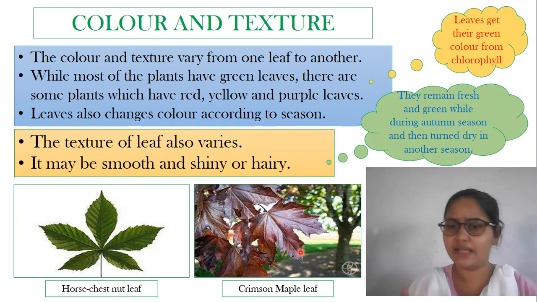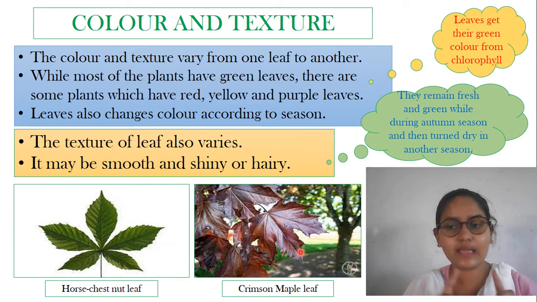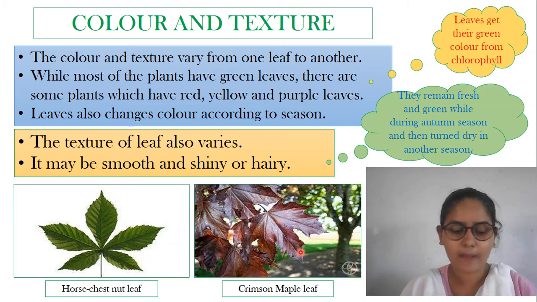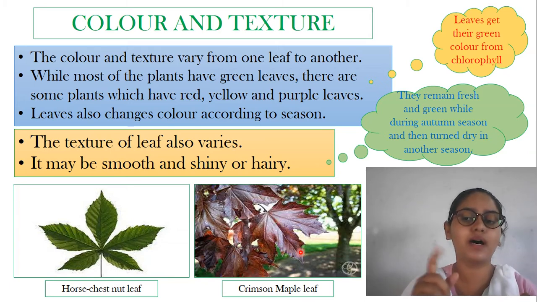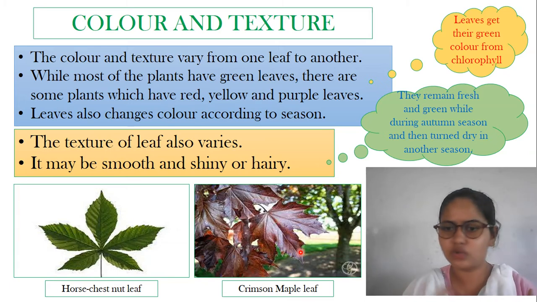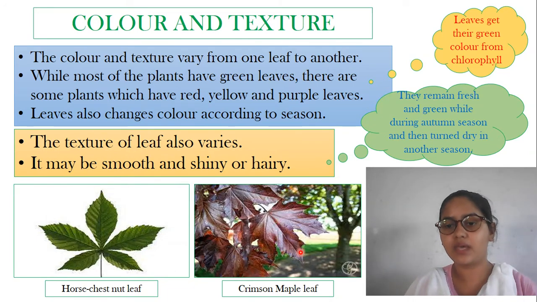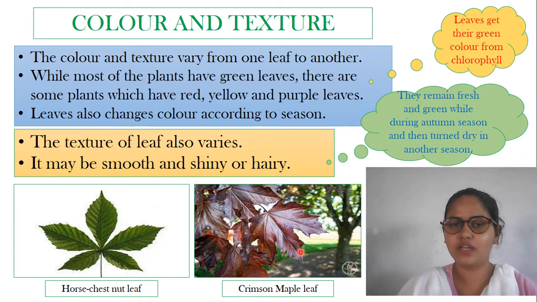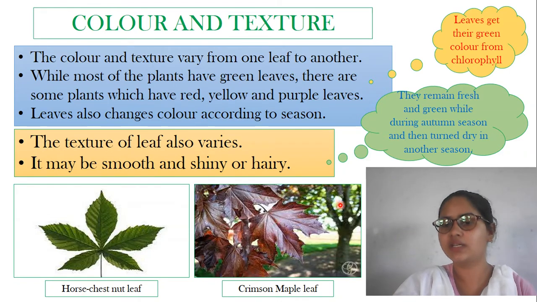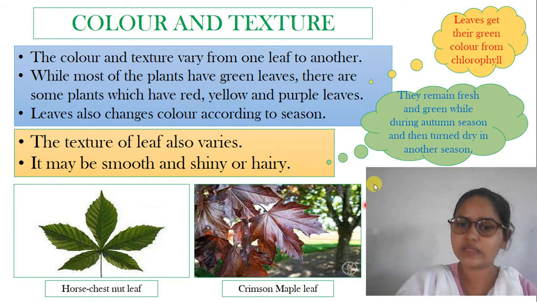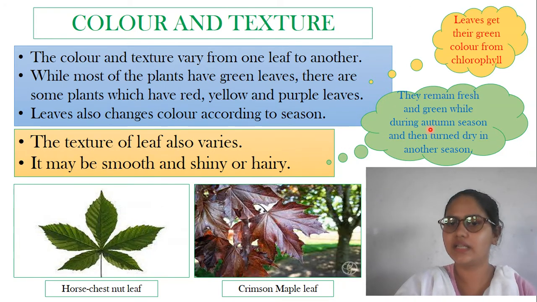If we take a banana leaf, that is smooth, but it is not shiny. Okay. But when we talk about the papaya leaf, you can do the experiment at your home by taking the leaves and just taking a look at them. You can feel whether they are hairy or smooth or shiny. By doing all these experiments at your home, right? Then you can learn about the texture and color of these plants and the leaves.